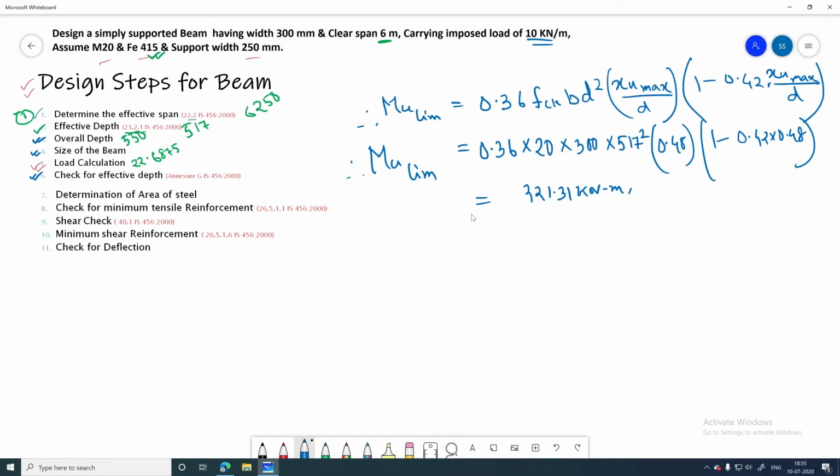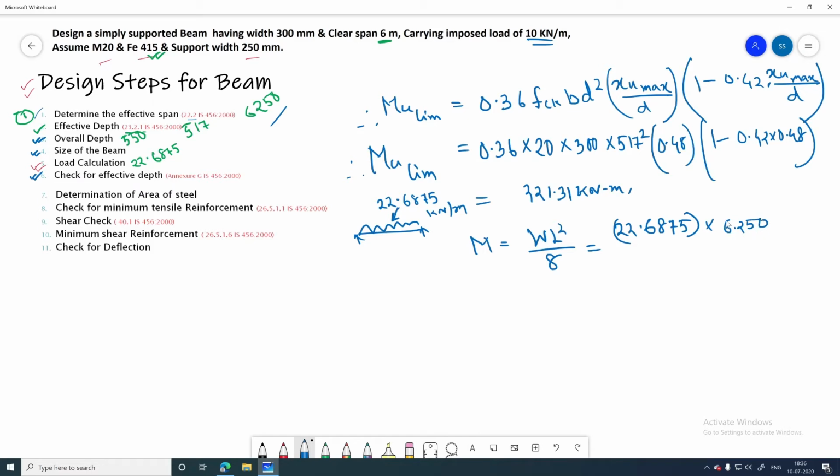Okay, this is the value of Mu limit, and as this is simply supported, and the load which is coming over, the ultimate load, that is 22.6875 kilonewton per meter uniform load, and this is simply supported. So what is the maximum moment? That is W L square by 8, right? So W is 22.6875, L square, what is the value of L? That is